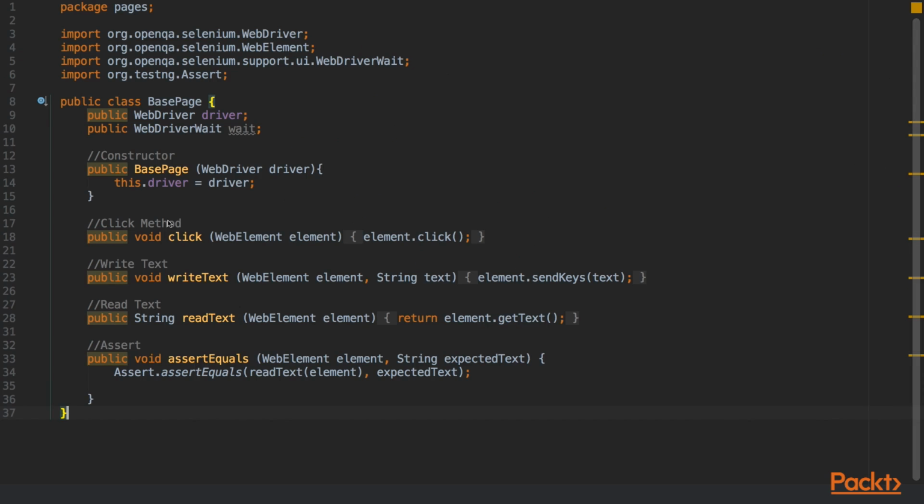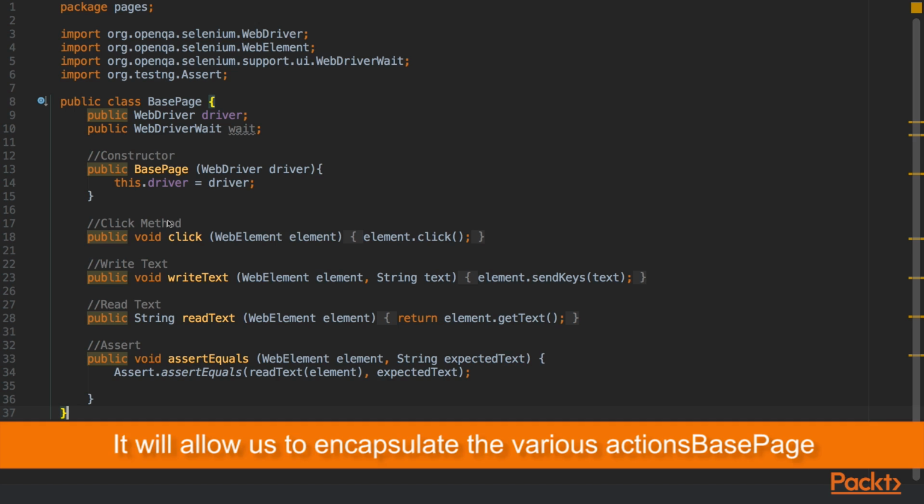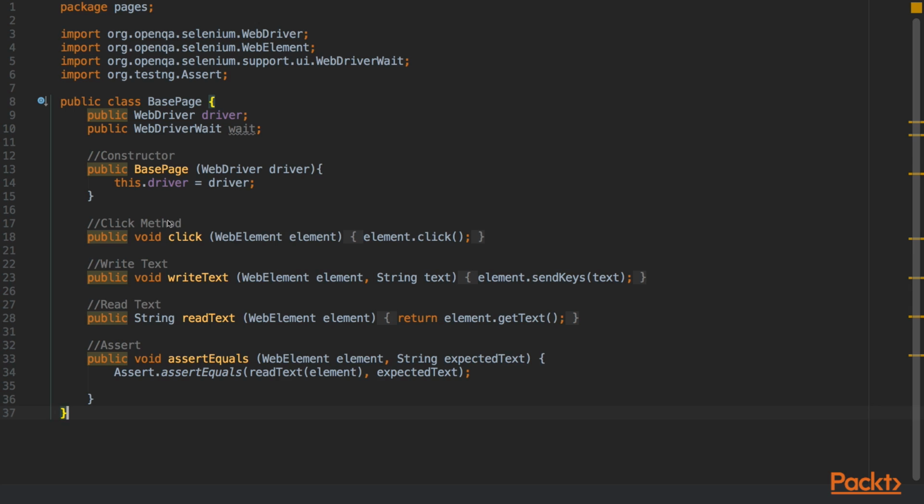So the first thing that we're going to do is create a base page. Basically, this is just a skeleton that we're going to extend and build off of. It's going to allow us to encapsulate the various actions that we're doing in the tests, and we'll be able to split that up into reusable components. So go ahead and add these imports. We'll start with